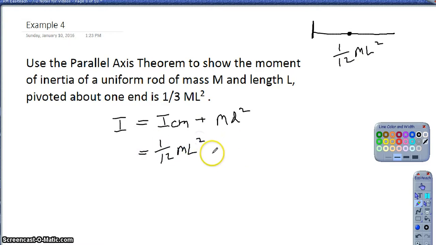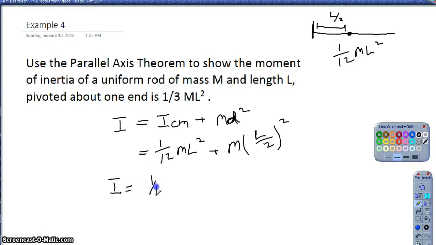So that's 1/12 ml squared plus the total mass, which is the same m as the first one here, and then d squared. In this case d represents the distance from the pivot point to the center of mass. So the distance from my center of mass to the pivot point, which because I'm choosing one end would be L over 2. So I'm plugging in L over 2. The only thing I have to be careful about is plugging in that whole fraction and then squaring that whole fraction. So my moment of inertia equals 1/12 ml squared plus, this would be L squared over 4,